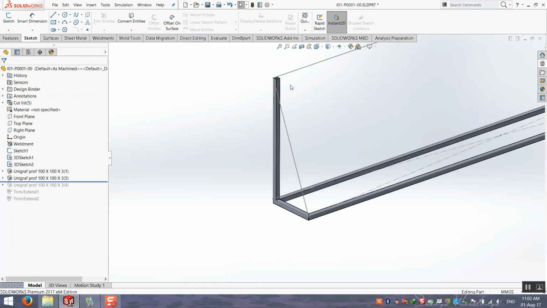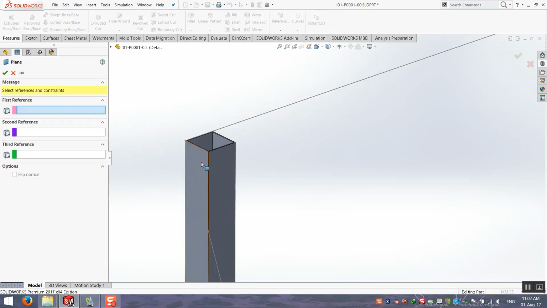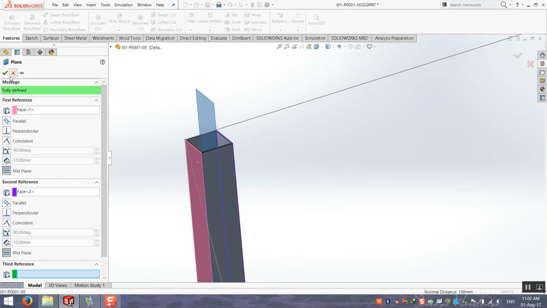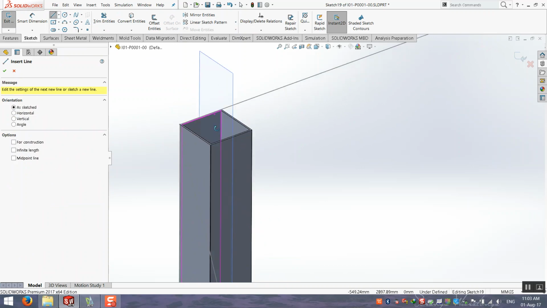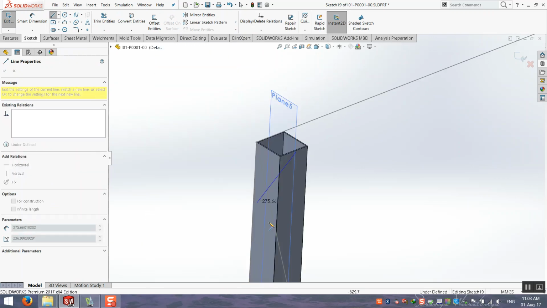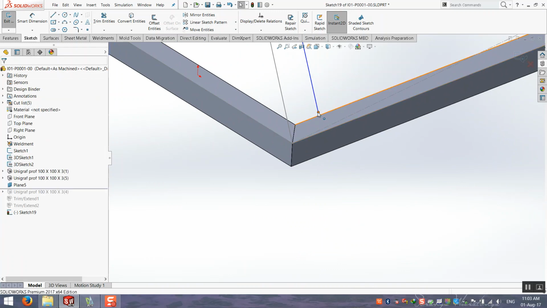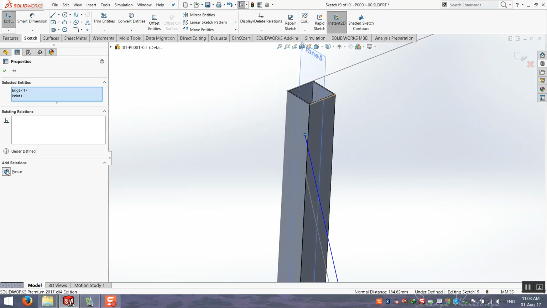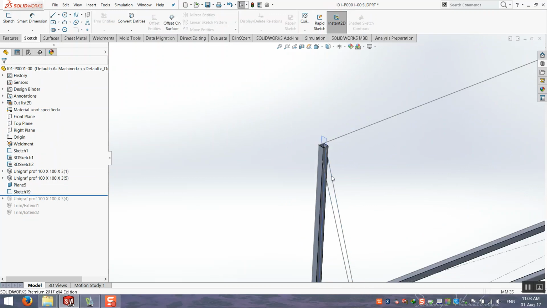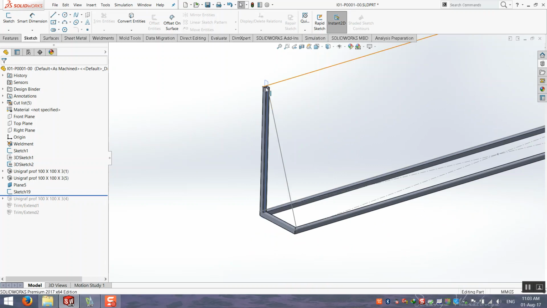Sketch from here, select this plan, create new plan here, and select sketch, and create from this point to this point. It's very important. Click here and here, purse, from here and here, purse. Okay, so hide the sketch, means that this one